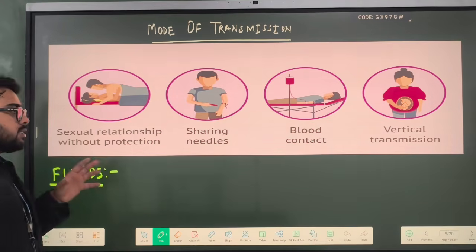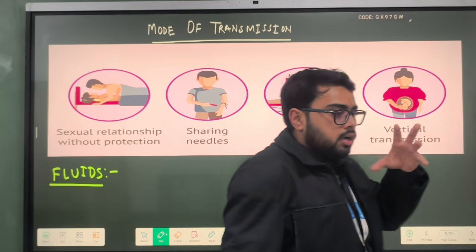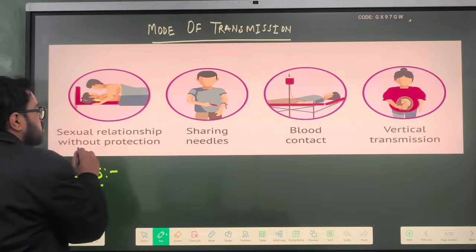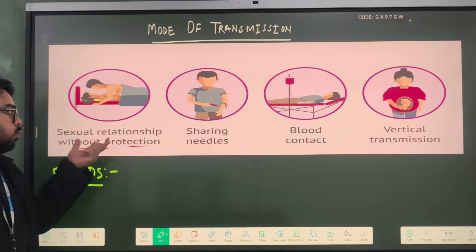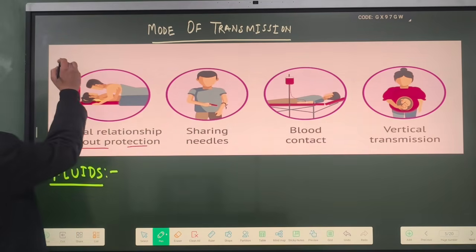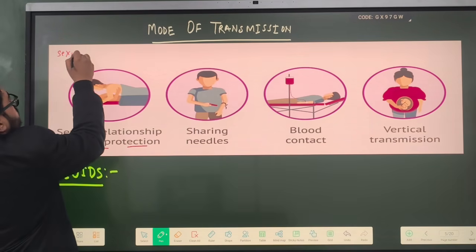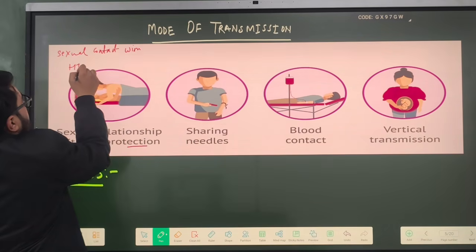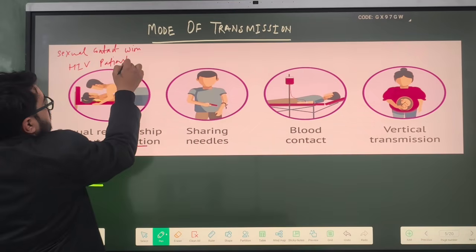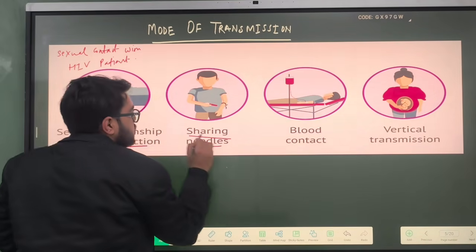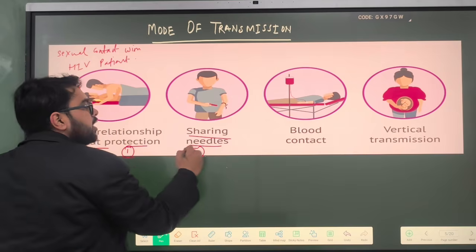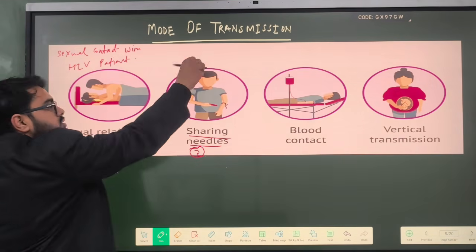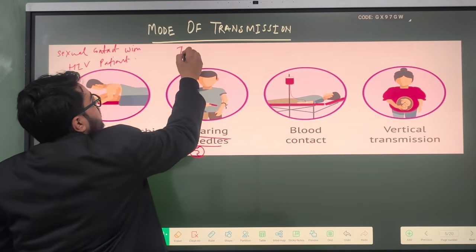Now, mode of transmission. The NCERT says that the transmission of HIV is because of the following reasons. One is sexual contact without protection, that means if someone is having sexual contact with an HIV patient. Second is sharing needles. What is the meaning of sharing needles? When do we share needles? Students, you have to understand, during drug cases, intravenous injection,